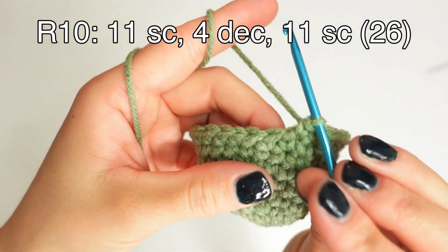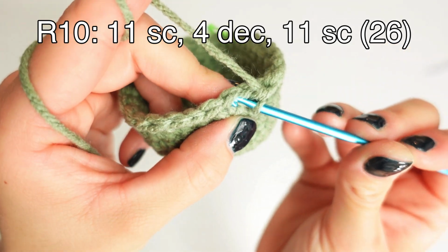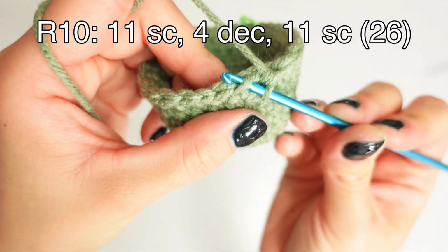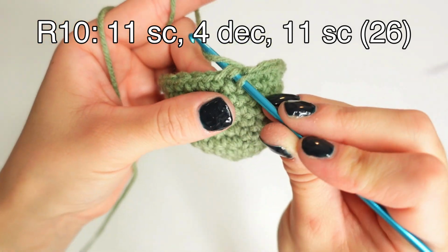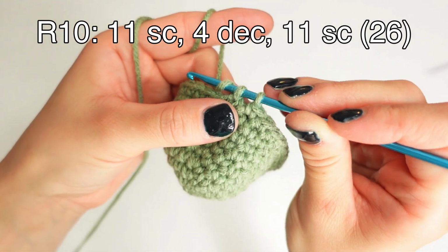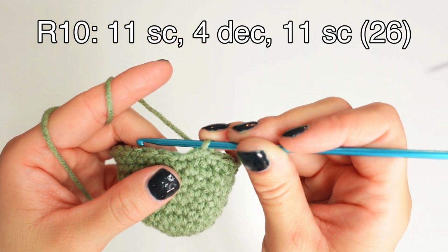So insert your hook into the front loop only of the next stitch, like so. Then immediately into the front loop of the next stitch as well. So you should have 3 loops on your hook right now. Yarn over, pull through 2, then yarn over and pull through 2. Now we are going to do